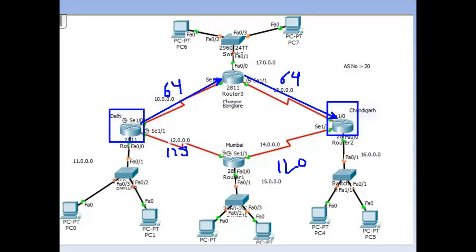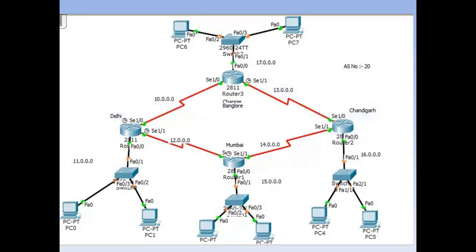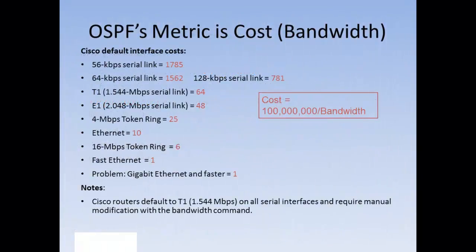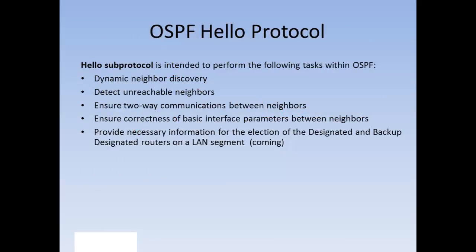Sorry, my writing is very bad. I don't have a writing pen. So this cost will be 256 and this is 128. So the router chooses this particular path as the best path to reach from this network to this network. Clear? So this is the cost, how the router chooses the best path to reach from one source to one